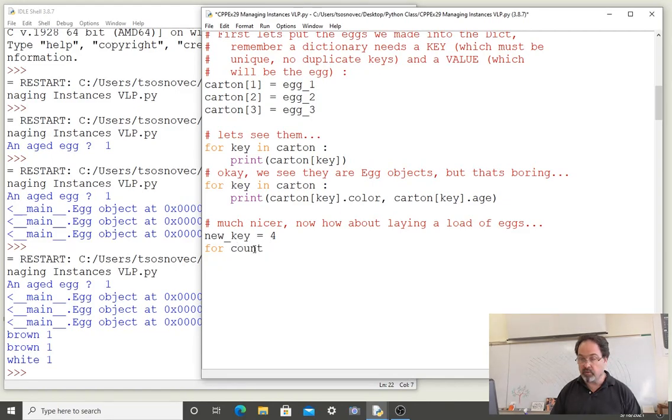We'll have count, and we'll create a range. We'll go from 0 to 100. Every time we iterate, we're going to create an egg. So if we iterate 100 times, then we're going to create 100 eggs. Every time we create an egg, we're going to choose a color at random